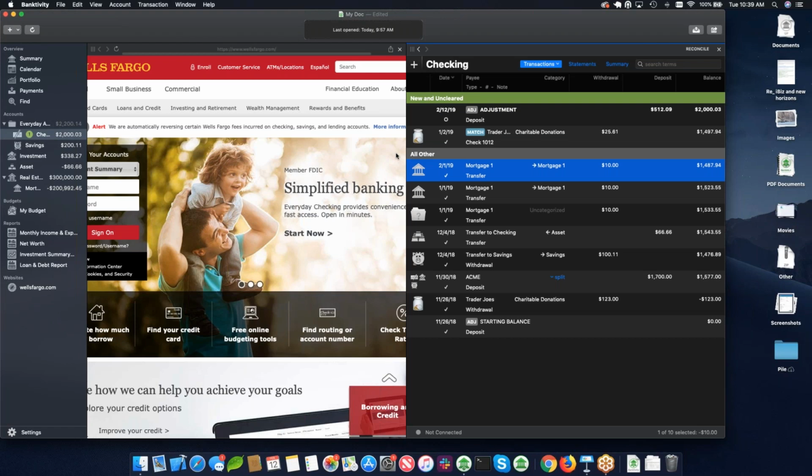Wendy asks, first of all, thank you for developing a Mac-friendly program for finances to replace the terrible new Quicken. What are the advantages to including all of your accounts, such as credit cards, mortgages, investments, rather than just keeping it simple and tracking only checking and savings? Okay, so I would call this a,